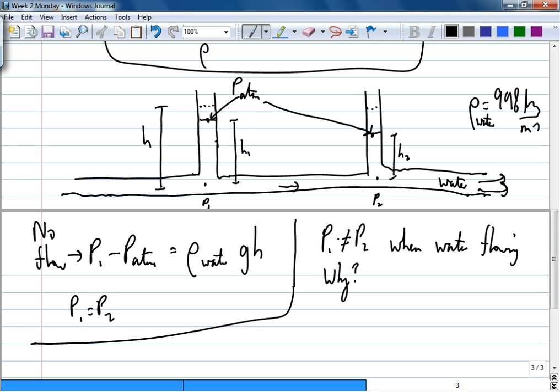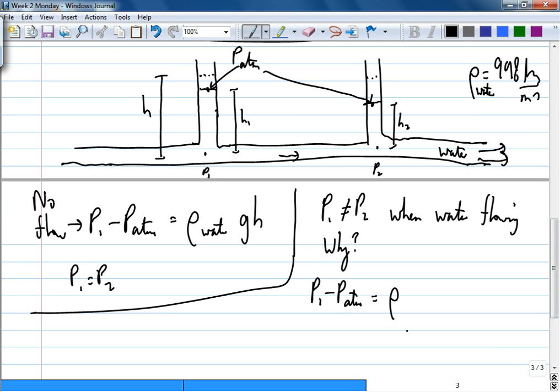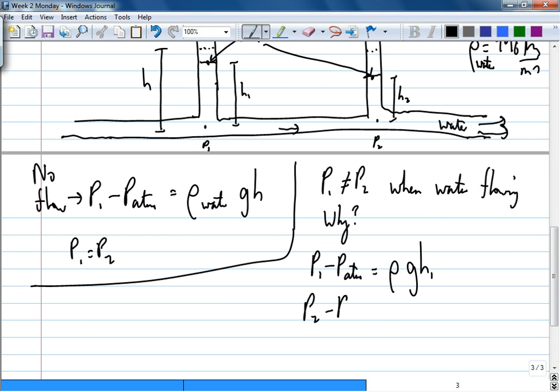Then with the flow, when water is flowing, I can say P1 minus P atmosphere is equal to rho G H1. P2 minus P atmosphere is equal to rho G H2. So I subtract the two. Can I say P1 minus P2 is equal to rho G (H1 minus H2)? Correct or not? So that's how a manometer works. You are able to tell the difference in pressure